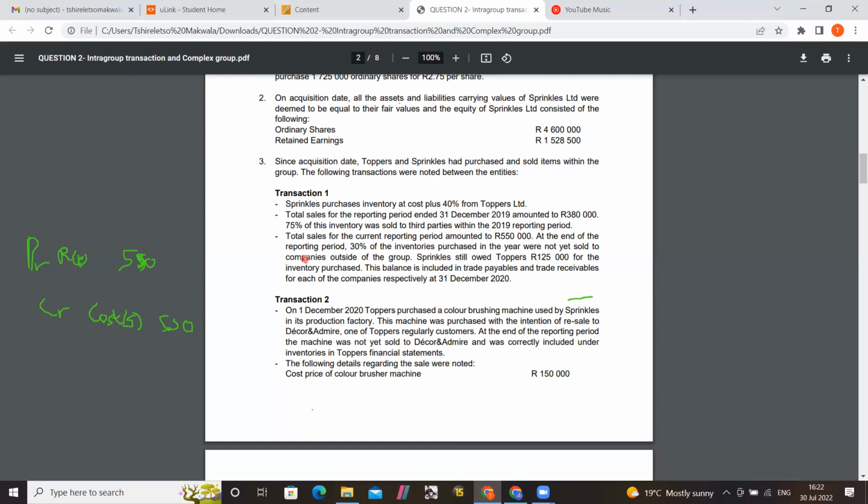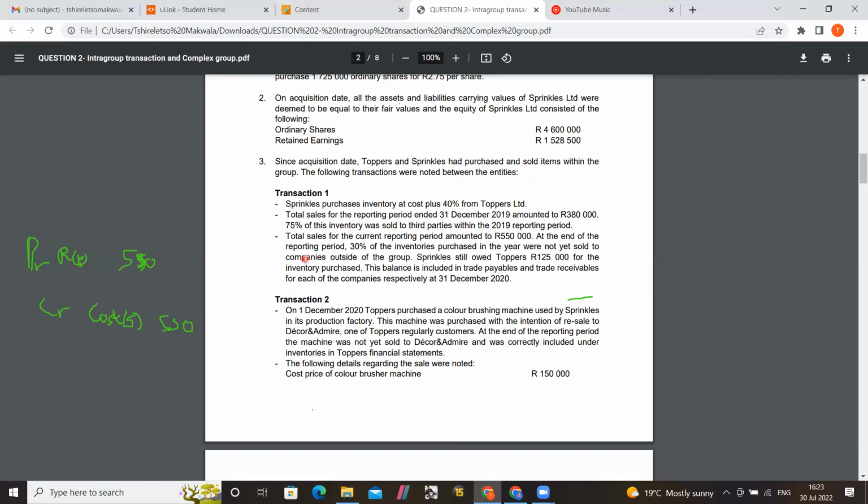What are we going to credit here? We are going to credit a profit or loss item. So profit, because we've realized this profit this year. You can credit profit, or another account they like using here is cost of sales. So you can credit cost of sales. But that's just a profit item. And in this journal entry, where you debit inventory and credit the cost of sales or the profit,